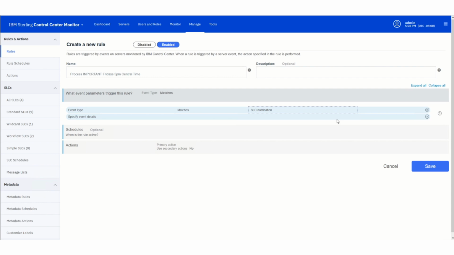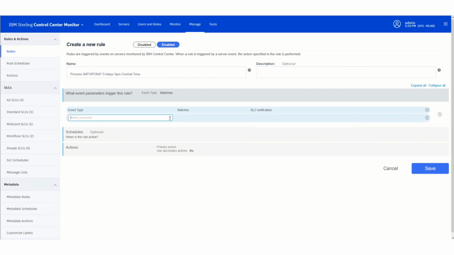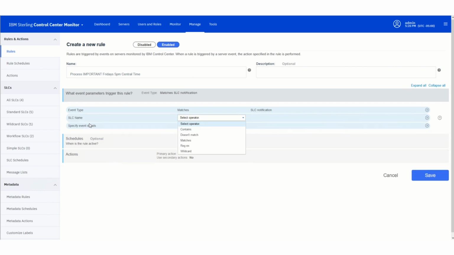Now, I need another that says SLC name, because I only want this rule triggered for my SLC, matches. Now I paste in that SLC name, and now I want this rule triggered when one of two events